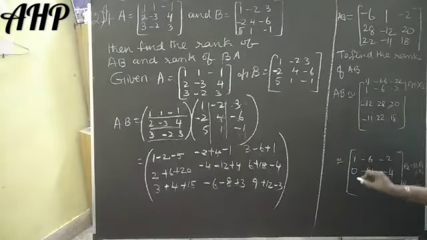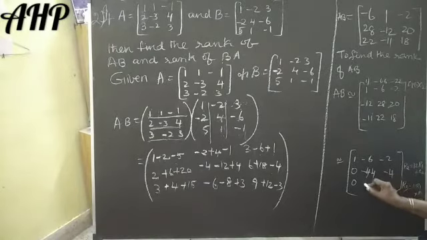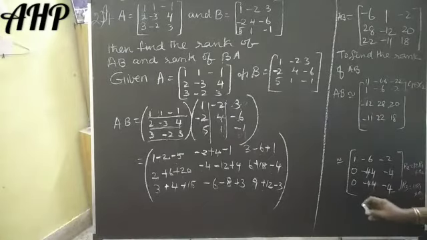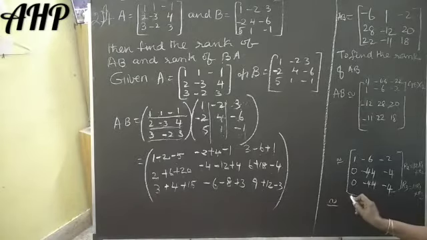Adding these two, plus 11 minus 11 gets cancelled, 0. Minus 66 minus 22 gives you minus 44. Minus 22 plus 18 gives you minus 4. Now your R2 and R3 are equal. So subtracting one from the other, this matrix will be equivalent to